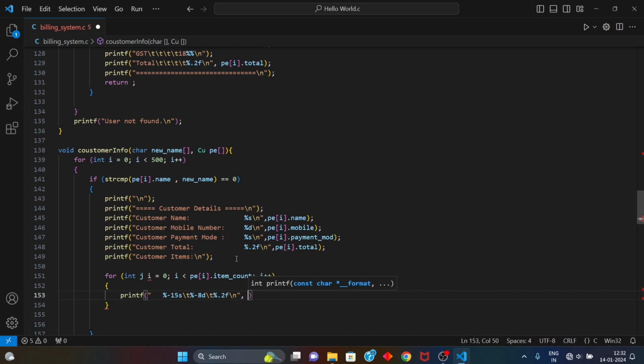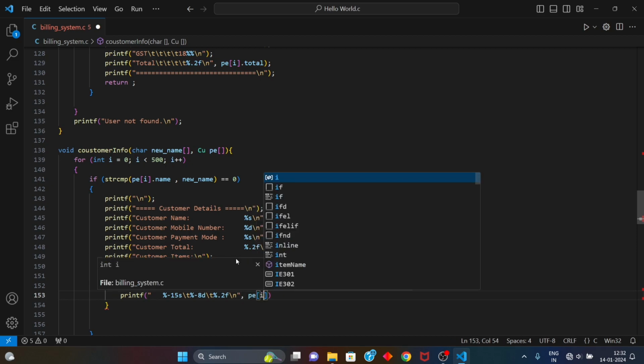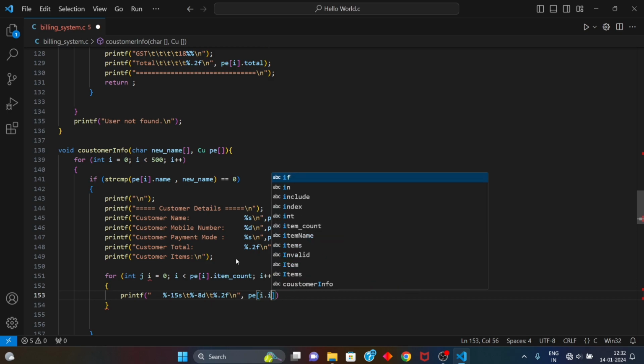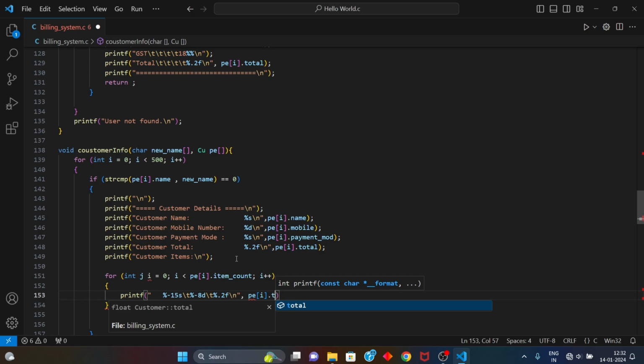Simply this formatting and then p[i].items, p[i].items[j].name, then comma p[i].items